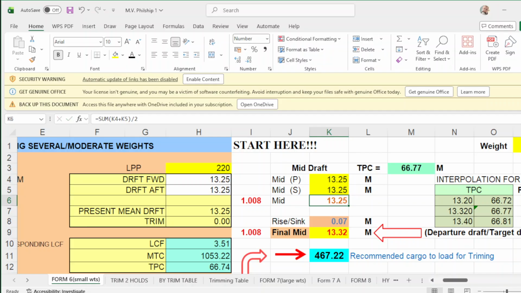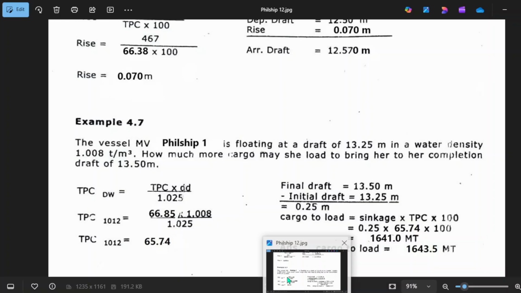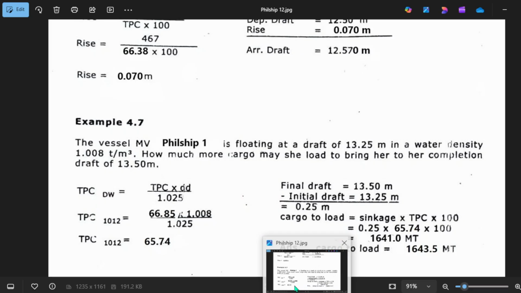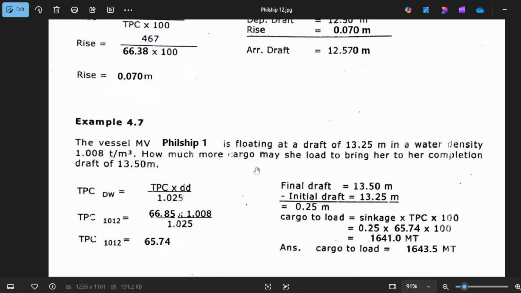and you are floating in a density of 1.008. So you put here 1.008, and here 1.008. Okay. Then the question was, how much more cargo may she load to bring her to completion draft of 13.5?